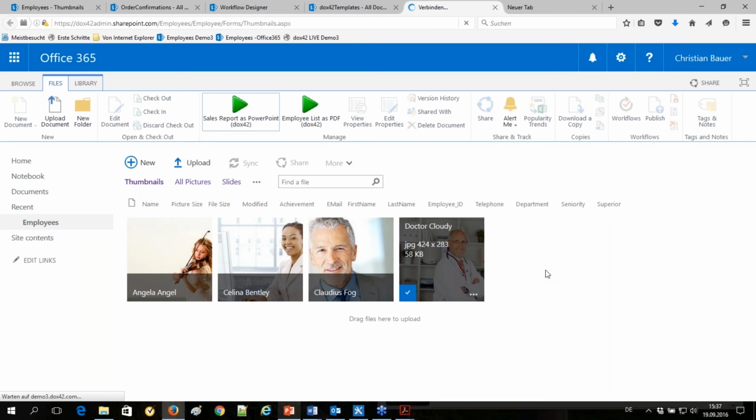So basically what works on SharePoint on-prem with Docs42 document automation, the same thing works on Office 365, as Docs42 itself can connect to any SharePoint but is independent from SharePoint. It does not need any coding, any sandbox solutions or anything else directly on SharePoint.